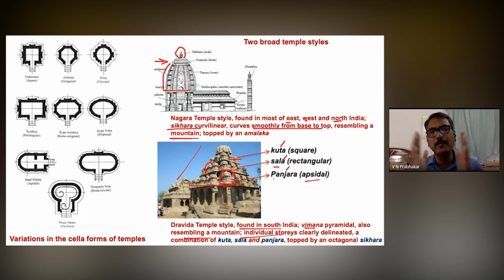For bigger Vimanas, there will be a repetition of Kuta, Shala, Panjara. Like that, there will be repetition, and always at the center there will be a Shala flanked by Panjara. Then comes Kuta, then Shala, then Panjara. So it's a combination of various categories of miniature shrines which adorns the entire Vimana. And ultimately at the top, the Shikara is octagonal in shape. So this is the most characteristic feature of a Dravida temple style.